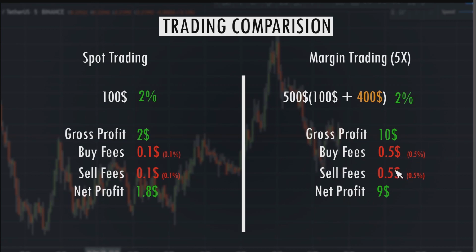One thing that I did not mention here is the interest rate that you have to pay when borrowing funds. I did not add it here because first of all it's very low, and the numbers are different for different symbols. I'll show you the link where you can get the exact interest rates, but I just want to emphasize the trading fees in this slide, so I did not include that here.